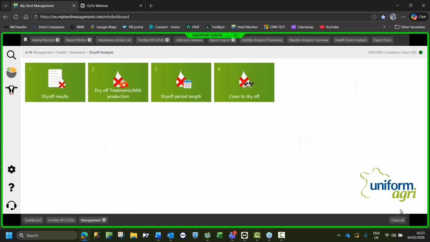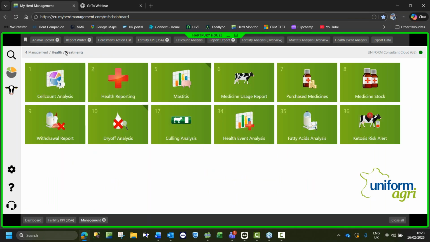So that was the somatic cell count analysis in 4.1, and then the dry off analysis, which is 4.10 and 0.1, dry off results. Catherine, are we able to have a look how we can just pick out the instance of health cases? Yes, we are. So back to health and treatments, cow head number 4. We've got a couple of reports in here actually, but the health event analysis gives you a really nice summary,